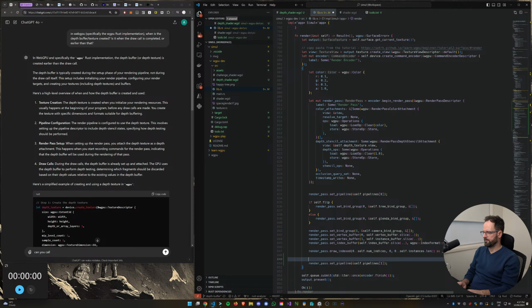I'll do let depth pipeline equal depth pipeline new, and then device